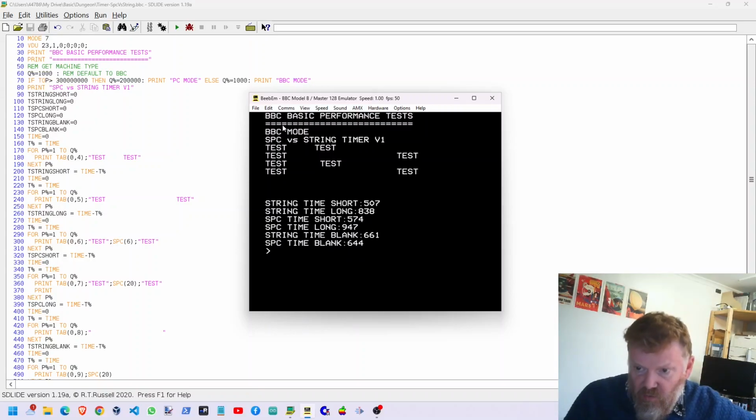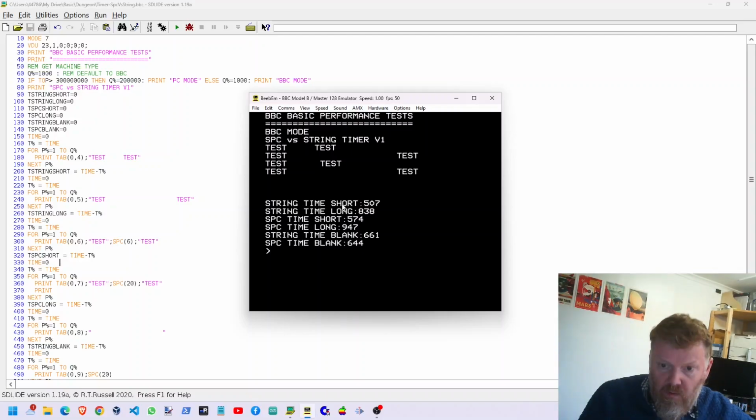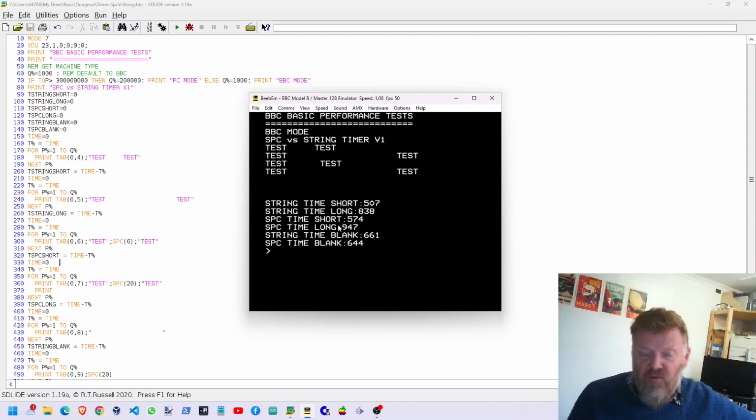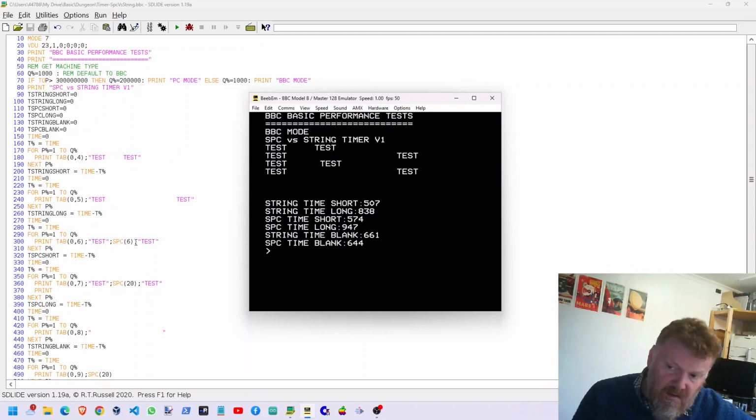Okay, so according to this, we'll compare this one first. So that's the short string literal versus the space command string literal. String literal long versus the long space command. I'm not surprised about those because obviously this is doing more work. You've got essentially two string literals and you've got a command in the middle of it, so it's what you'd